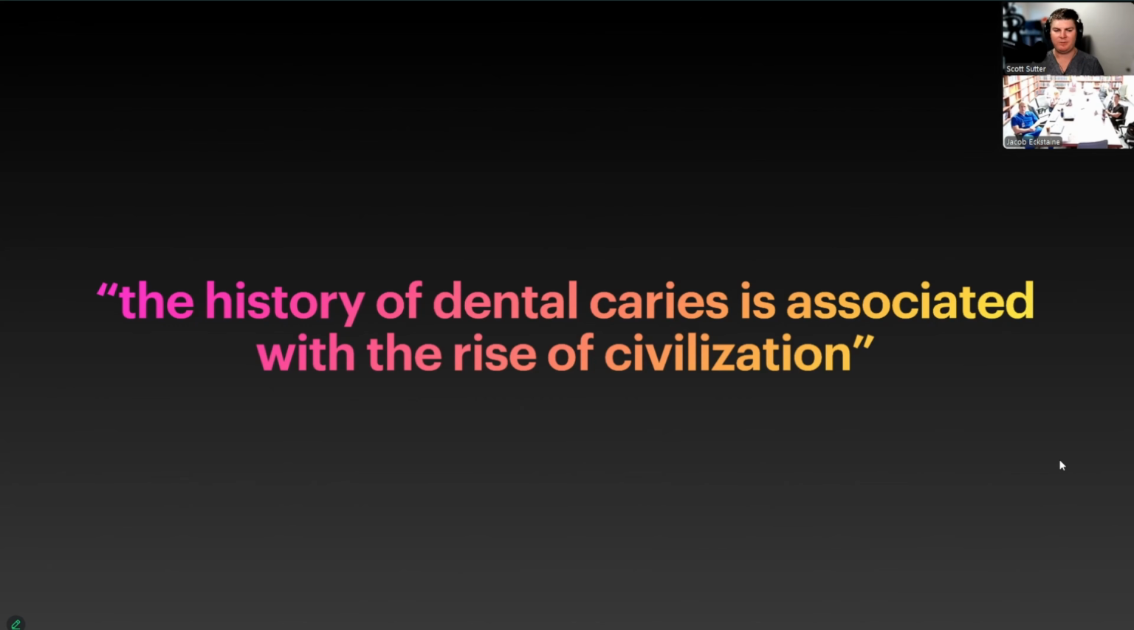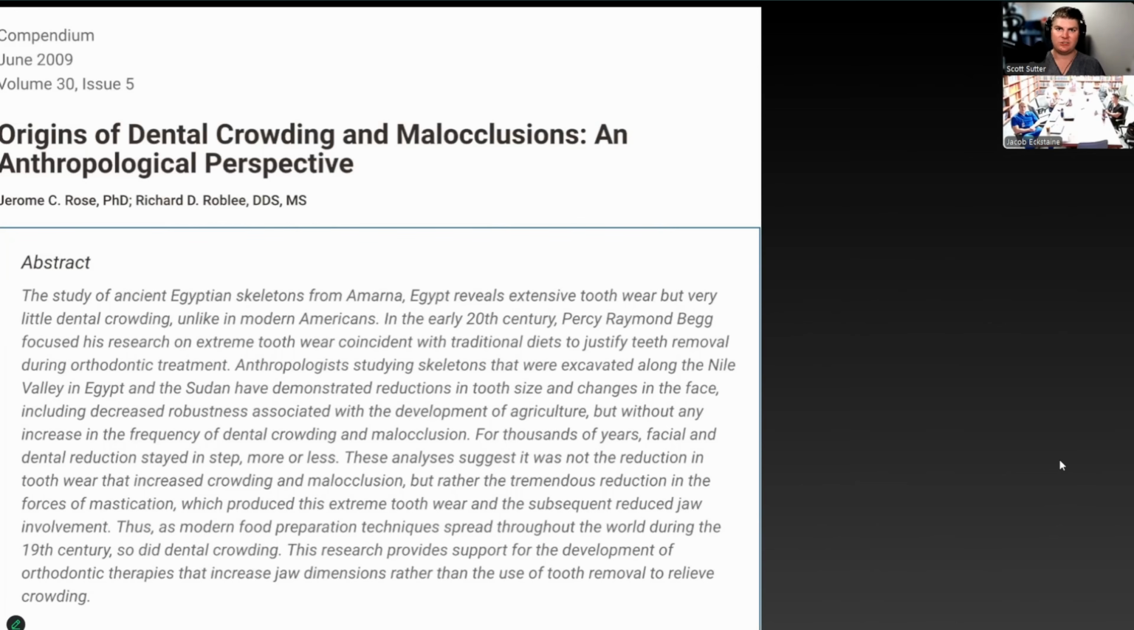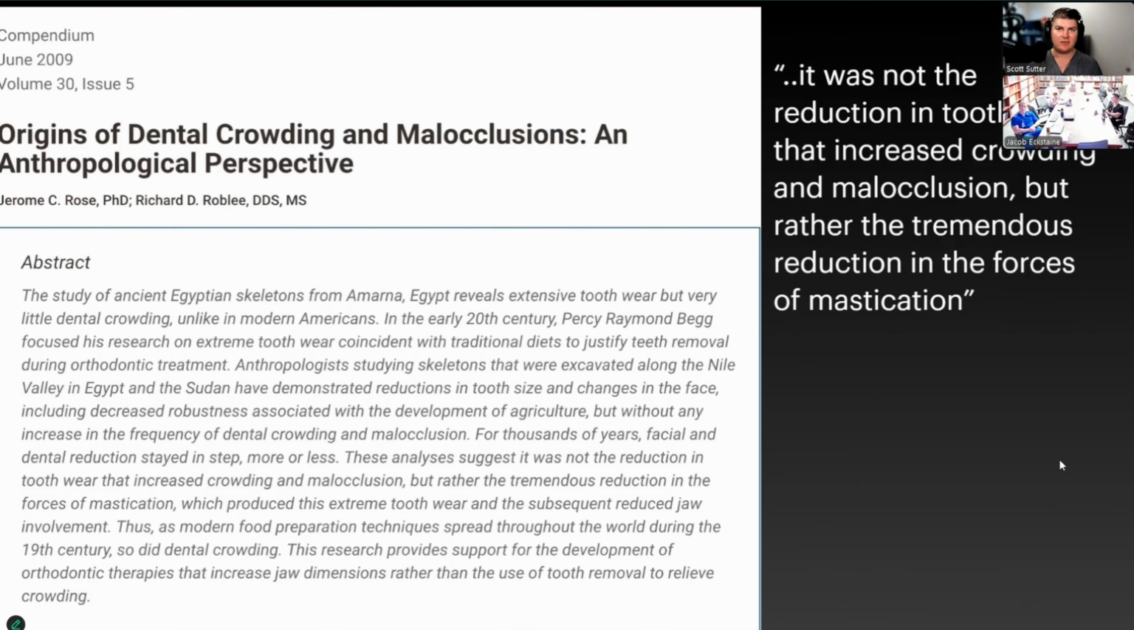So because we're able to further process our food, it's easier for the bacteria to break it down, and that's what causes dental decay. Now, what about malocclusion and kind of the jaw issues? When we look at it, this is a fantastic study that was done back in 2009. And the conclusions were, it wasn't the reduction in tooth, it's tooth wear, that caused the crowding and the malocclusion, but it was that we weren't having to chew